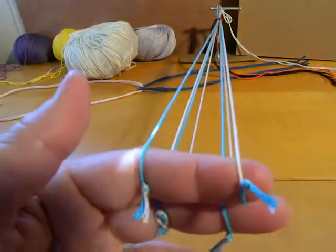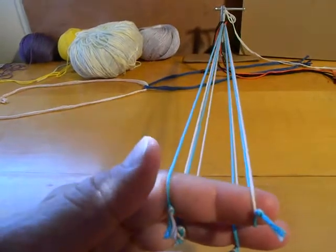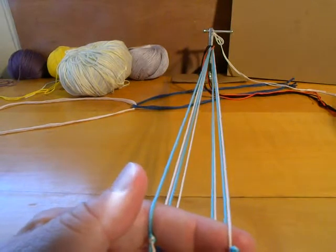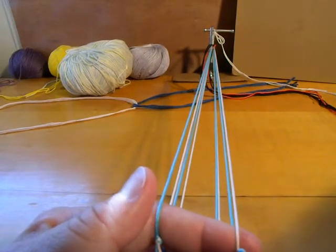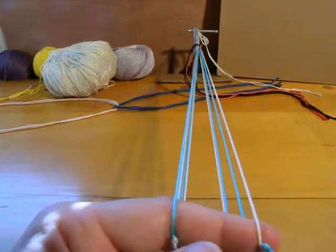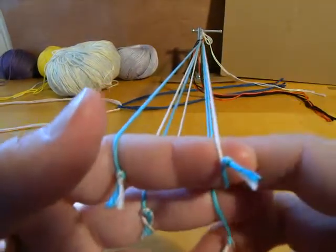I'll park these for a minute and arrange the camera. I'm trying to block some light from coming in there. Okay, so now I'm ready to